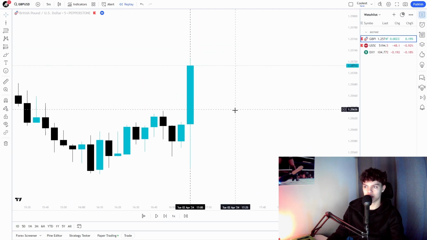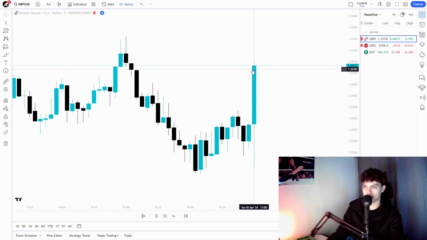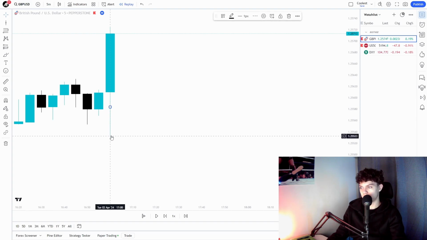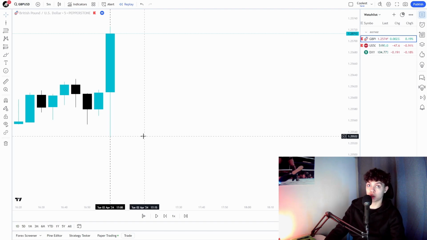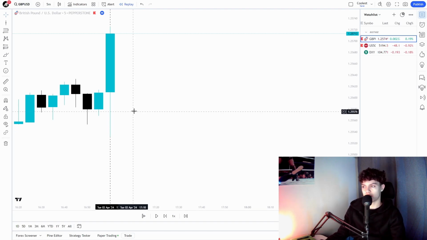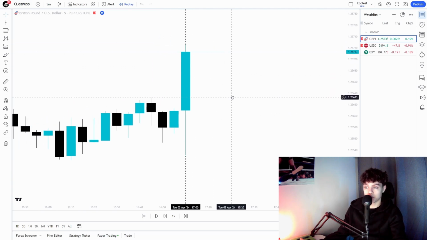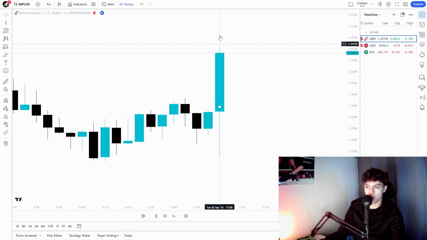Do you see this big candle? It literally wicks this side, and this side also is gonna be taken. The wick is this right here. This smaller part is the actual body of the candle, and this is the wick of the candle. Don't worry if you don't know. You can always learn it, and more videos are gonna come about the strategy, etc. But yeah, as you can see, red folder news literally impacted the market pretty drastically. As you see, small candles, boom, a big candle. So that's why you gotta be really careful.